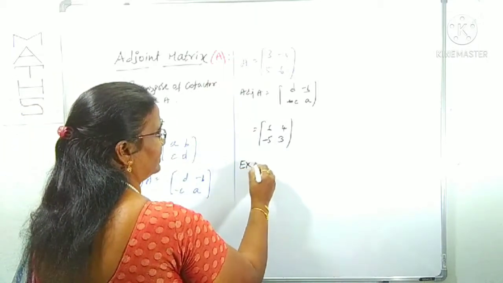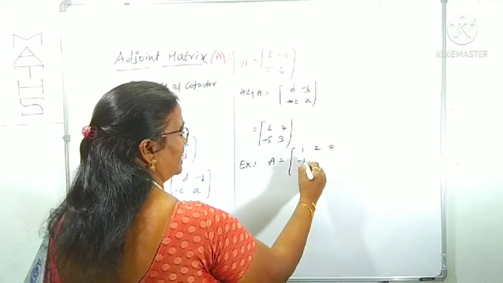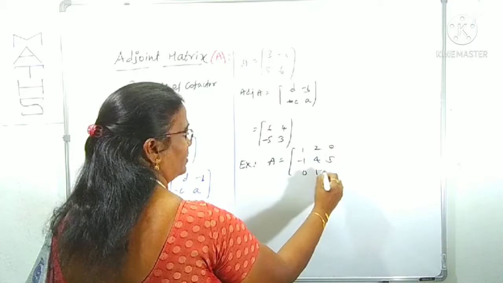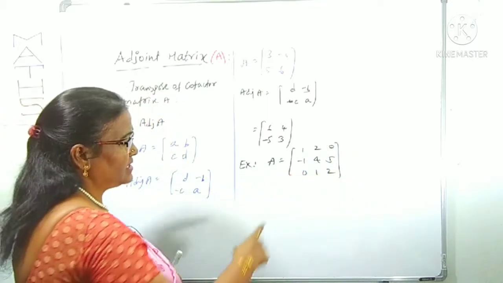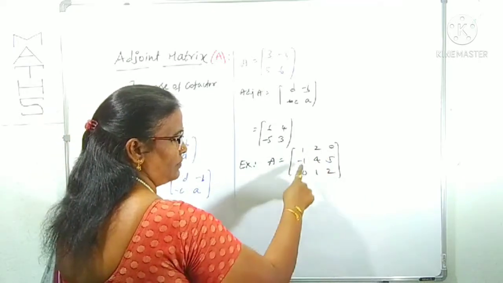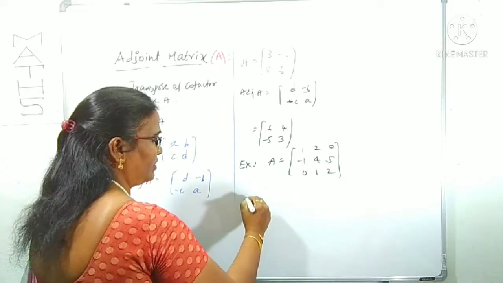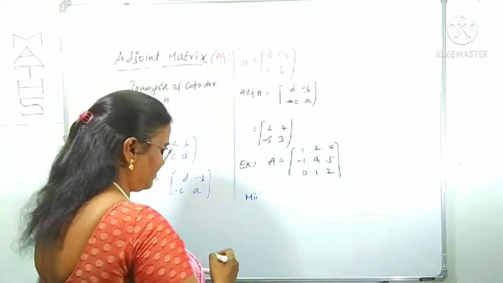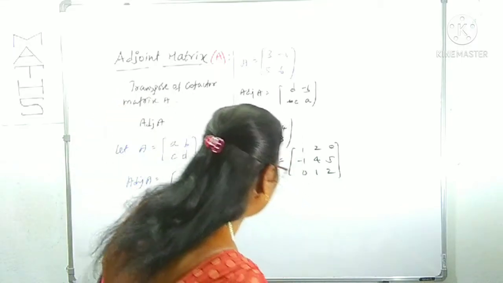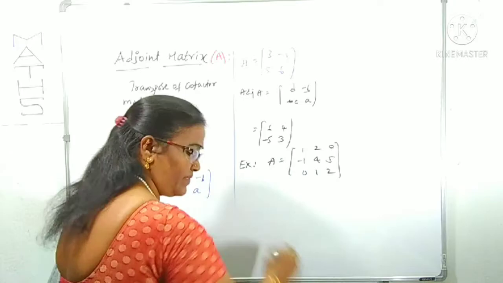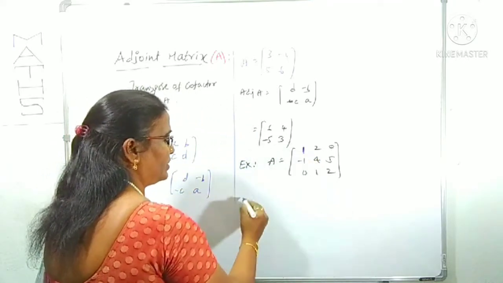Only an example I'm giving here for this one. A is one of the matrices like 1, 2, 0; -1, 4, 5; 0, 1, 2, like this are given, one of the 3 by 3 matrices. 1, 2, 0 is the first row, -1, 4, 5 second row, 0, 1, 2 are the third row. So we can find out the minors; first we want cofactors. Directly we can find out cofactors. What is the cofactor of the first element? What is the first element here? 1. Here 1. We can find out the cofactor